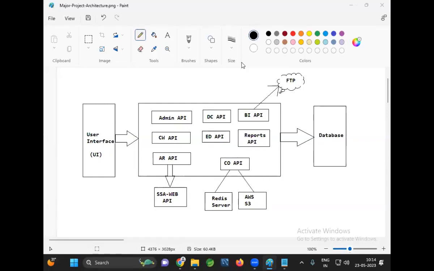And eligibility determination, it is responsible to collect the data